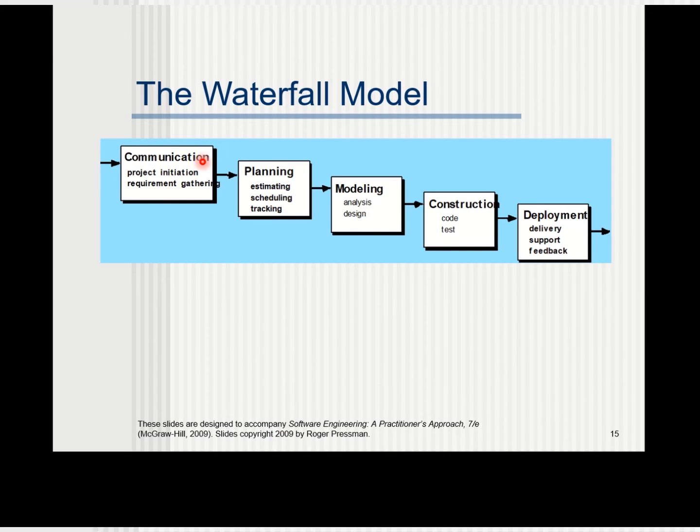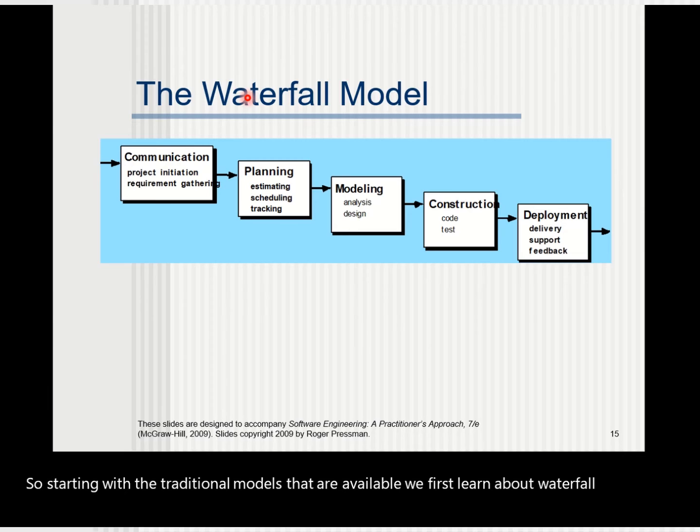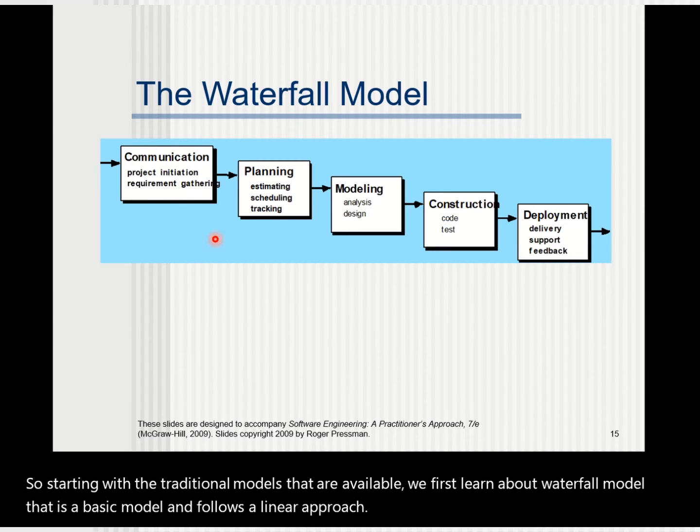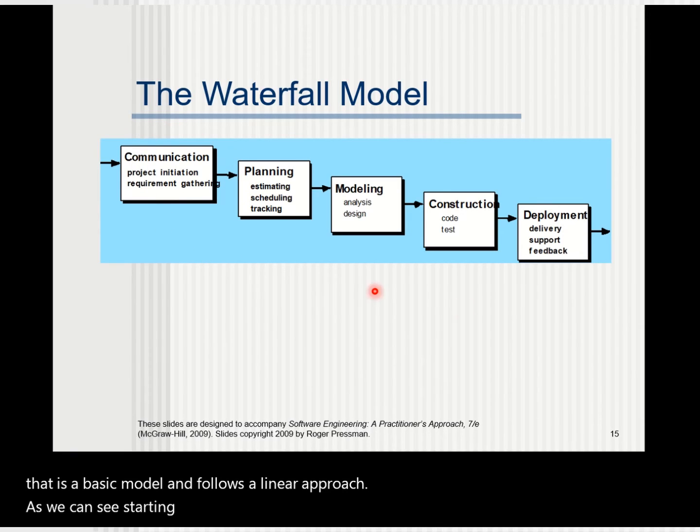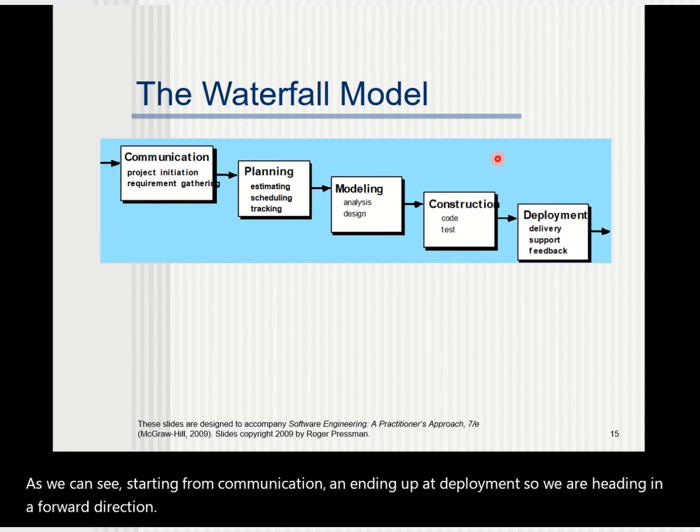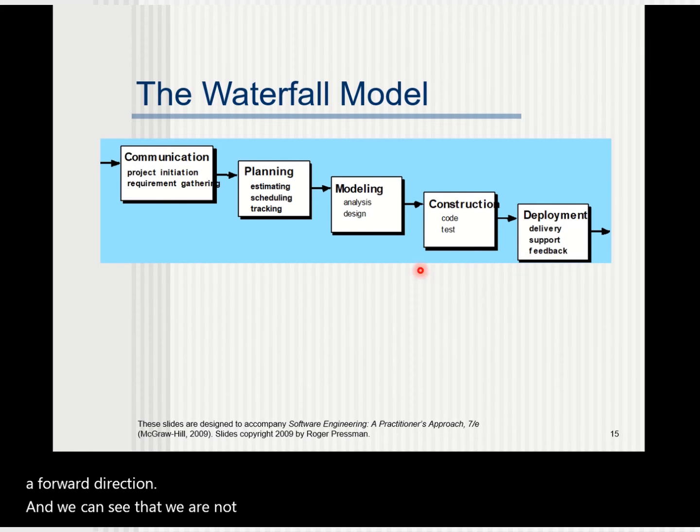So starting with the traditional models that are available, we first learn about the waterfall model, that is a basic model and follows a linear approach. As we can see, starting from communication and ending up at deployment. So we are heading in a forward direction, and we can see that we are not moving backward in any case. So the communication activity basically handles project initiation and requirement gathering,